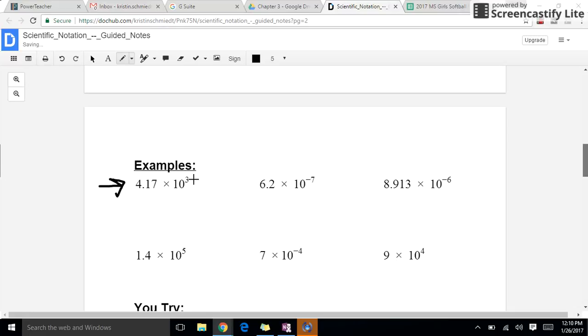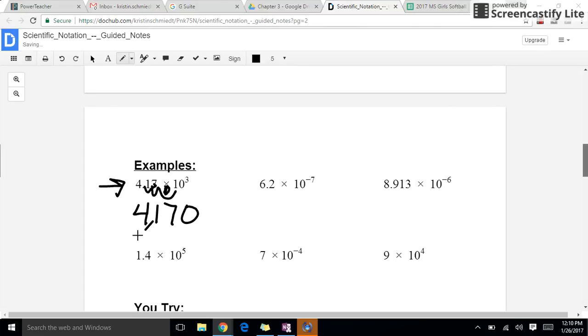Since it's a 3, I'm going to move it 3 times to the right. So 1, 2, 3. But I have that little open loop. Is that where we have to put the 0 in there? Yeah, if you have any leftover loops with no numbers, you just put a 0 in. Wow, that was a bad 0. That's still okay. So there's step 2. Now we just have to rewrite the number. So we've got 4170